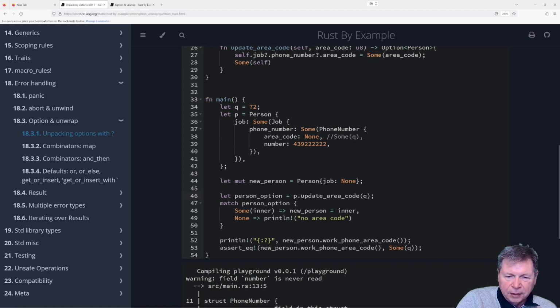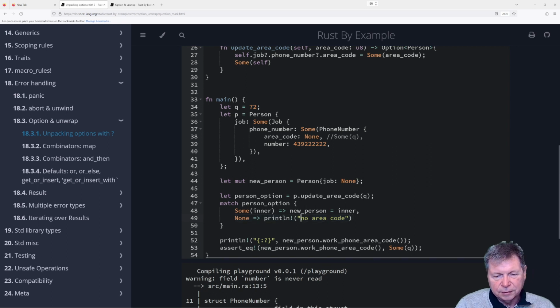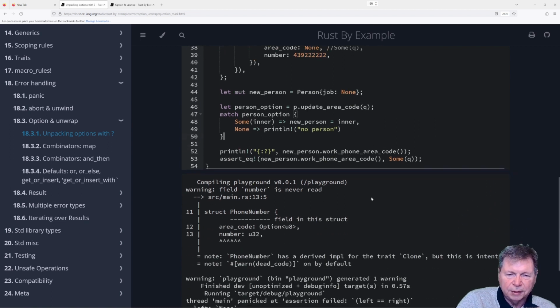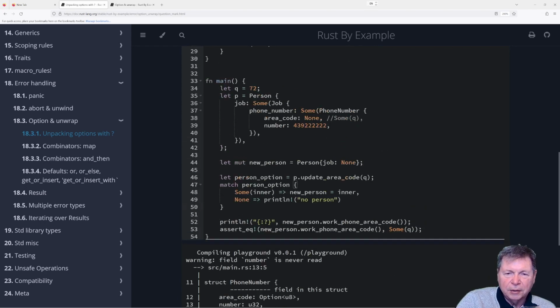Now the interesting thing here is that it doesn't print no area code, because person option, oh no, right, it's the no person. That's what it actually should be printing there. So it says there's no person.